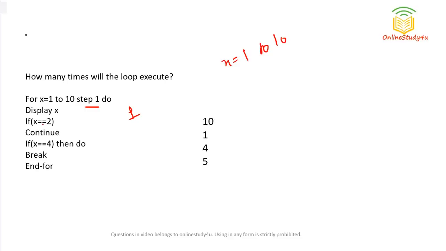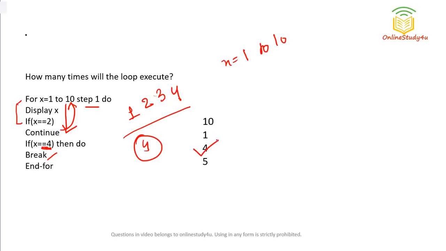X value is equal to 2, even then this loop will execute, although the condition is given if x equal to 2, so continue. So we will continue with the loop. So 2 times it has been executed. Now x equal 3, then in that case also that will work fine. X equal 4. So this time also the loop will execute, but here the condition is given that if x equal 4, we have to break. So how many times will the loop be executed? 4 times, right? 4 times the loop will be executed. So option C will be the correct answer for this particular question.